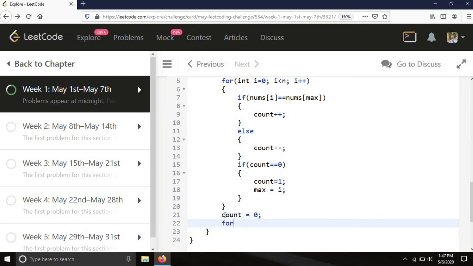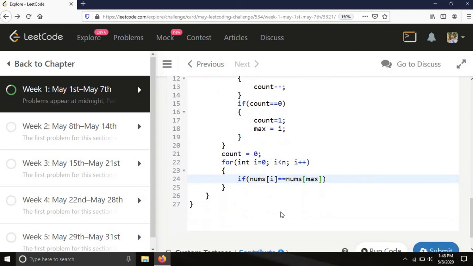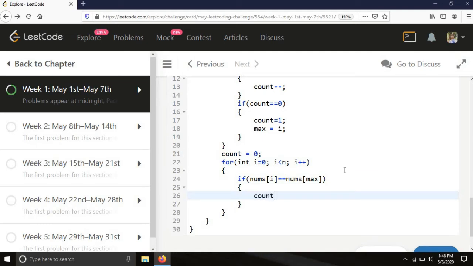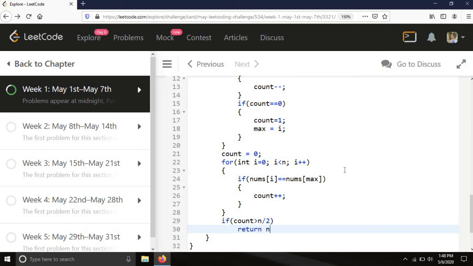For int i equals 0, i less than n, i plus plus, if nums[i] equals nums[max], count plus plus. Now if count is greater than n by 2, then we will return nums[max], otherwise we will return -1.